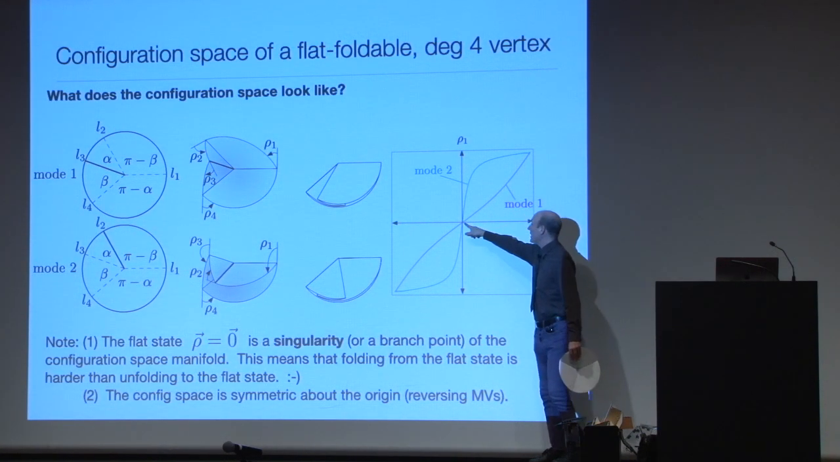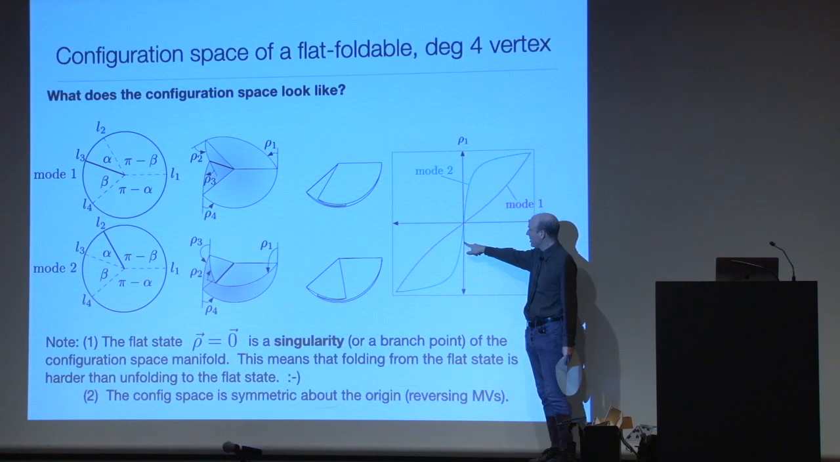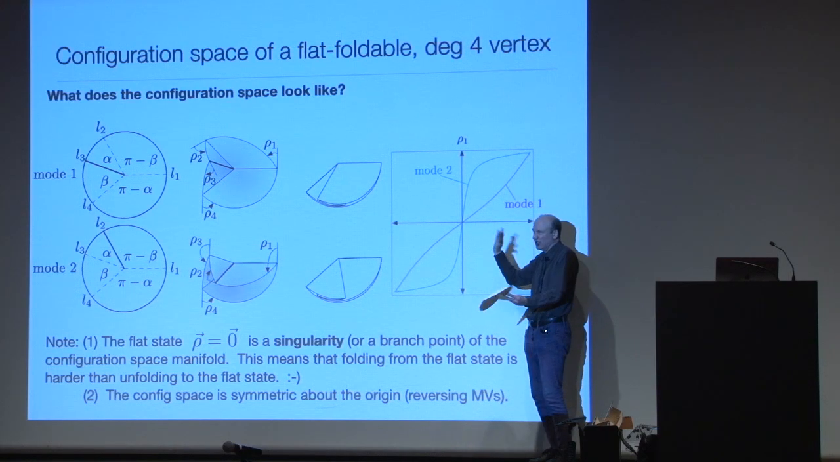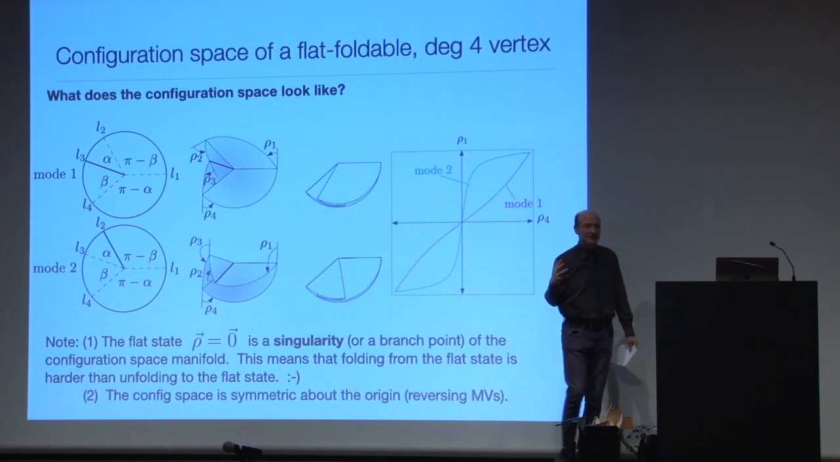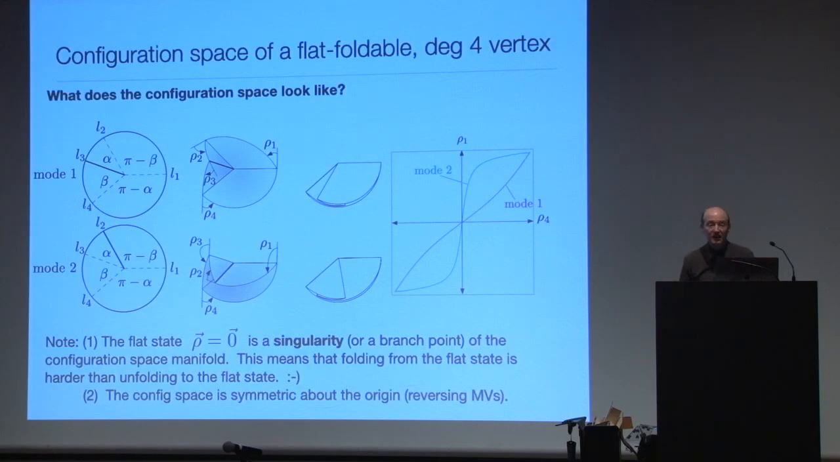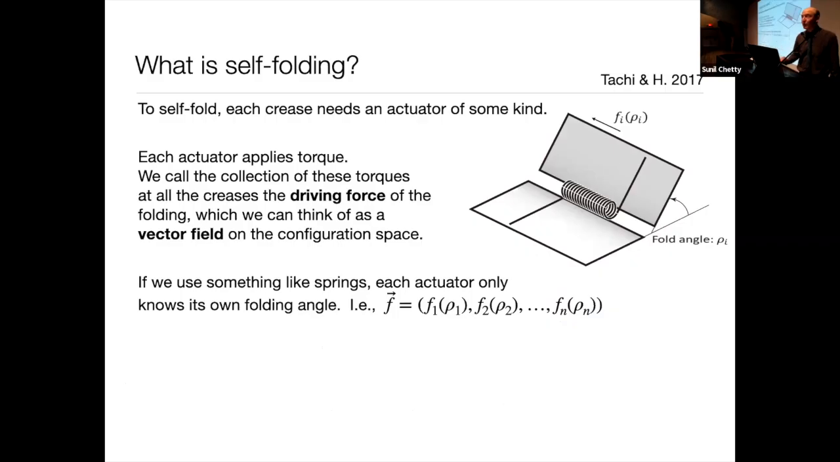And the origin is where it could make a mistake and go along mode 2, and now my solar panel array doesn't look like it should, or isn't going to catch the rays of the sun like it should. Okay, so what do we do about that? Well, this is where this thing called self-folding comes into play. This is the thing I mentioned earlier: if we're an engineer and we wanted to actually make a complicated origami crease pattern fold in a specific way,